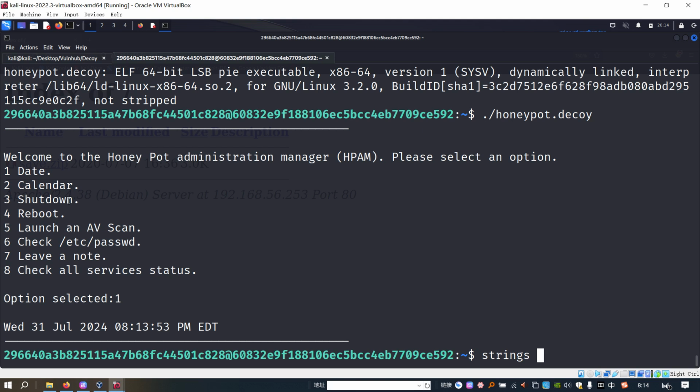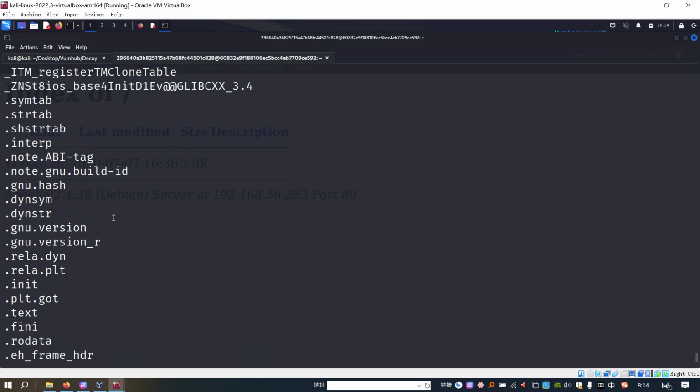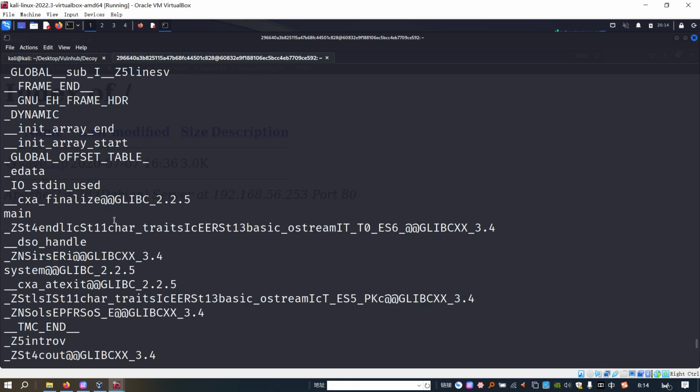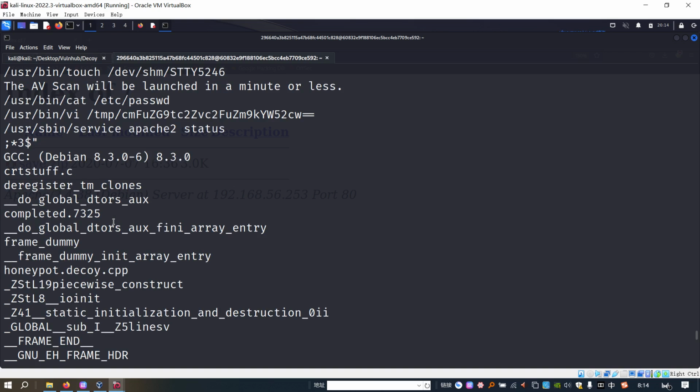For example, if the date command is not in the form of an absolute path, then we can manipulate it. We can generate our own date command. However, actually this is our /bin/bash, the bash command.